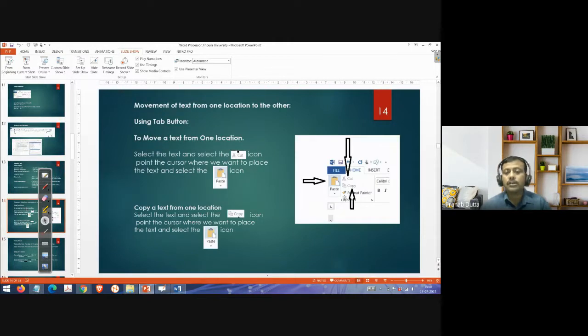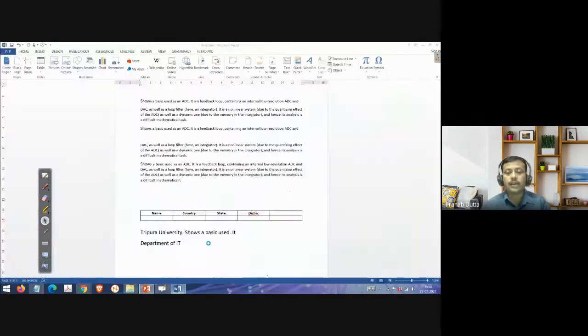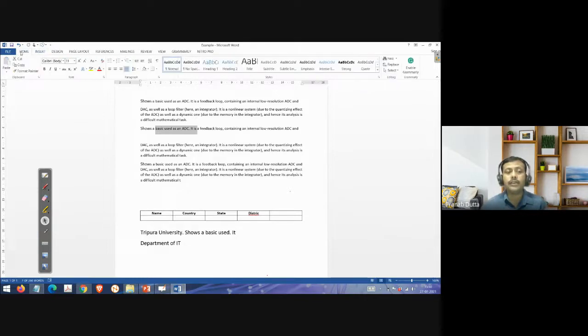Suppose I want to move this whole portion to this location. There are two things: one is move, another is copy. The difference is that move will directly remove the text from the original location and put it in the new location. Copy means it will keep the original as it is, and put a copy in the new location.